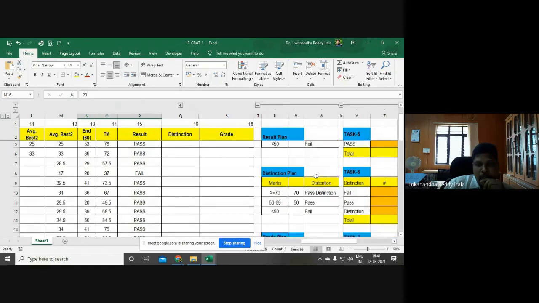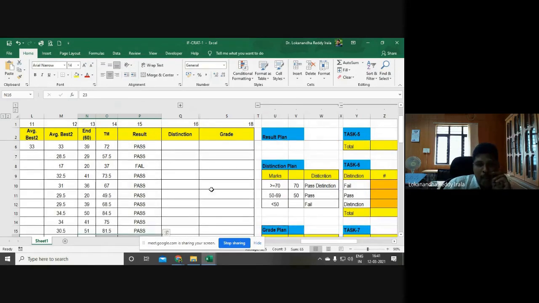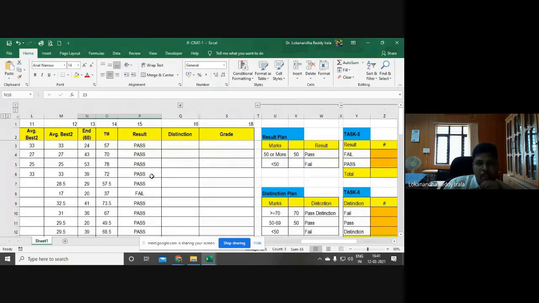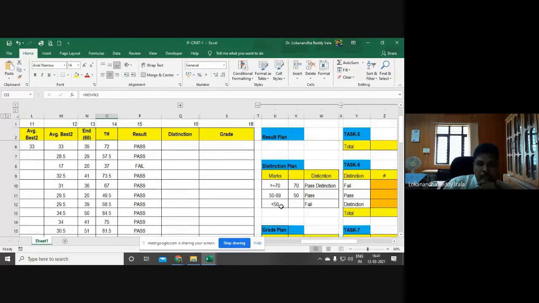But whereas, let me go here. Now I want to see, after those who have passed, just looking at the result. If somebody has scored 50 or more, he is pass. Less than 50, he is fail. But if somebody has scored more than 70, that is 70 or more, then I want to say it is pass with distinction.